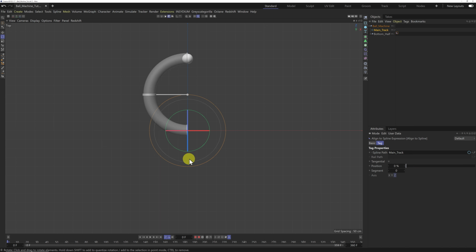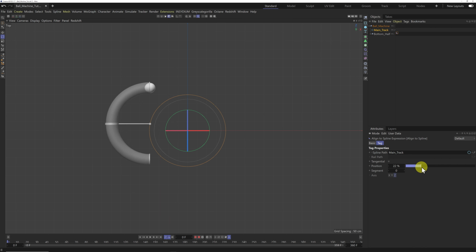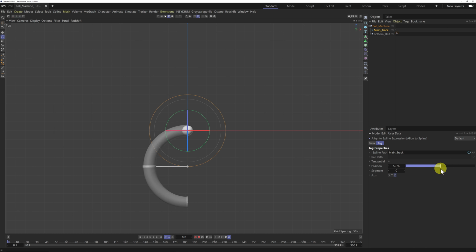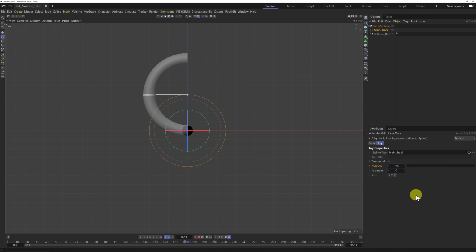So I'm going to set some keyframes for our animation here. I'm just going to change the position to 50% because I want this arm here, the sweep, to start in this position. So I'm going to come down to frame 0 and set a keyframe. Now I'm going to bring my playhead down to frame 180 and change the position to 0 and set a keyframe, and then I'm going to come down to frame 360. I'm just going to move my playhead right down to the end here,